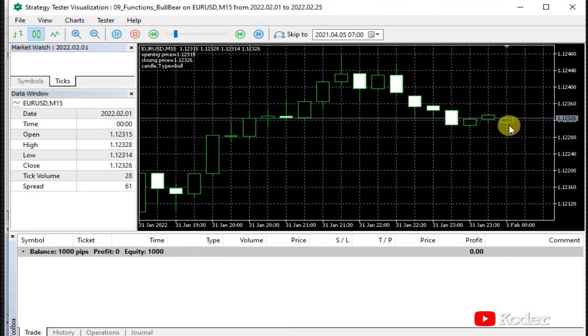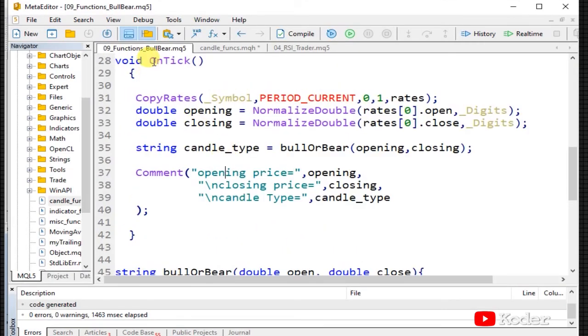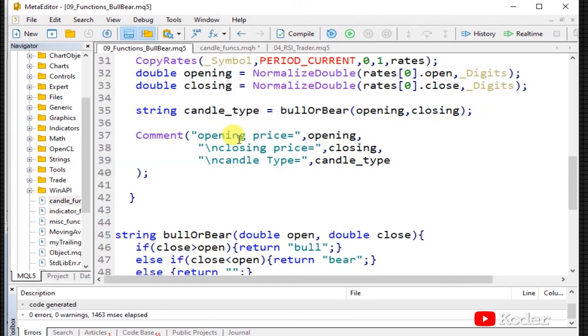So what we have normally is the OnTick function. So what about if you have something like an OnCandleClose function, or on bar close, or on new bar when a new bar starts? So I'm going to create a new